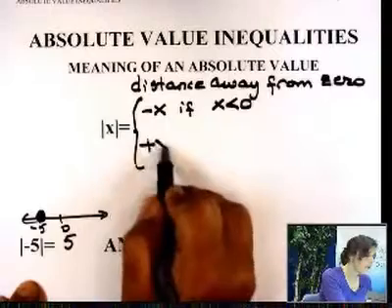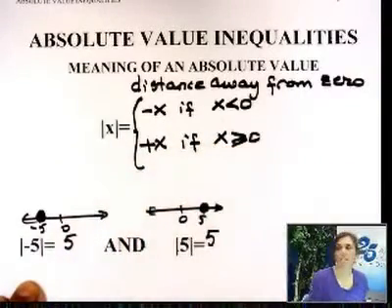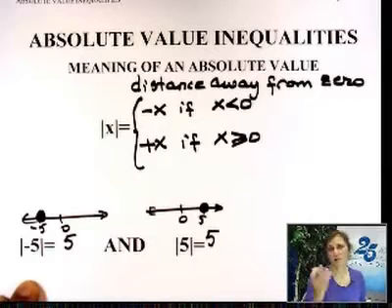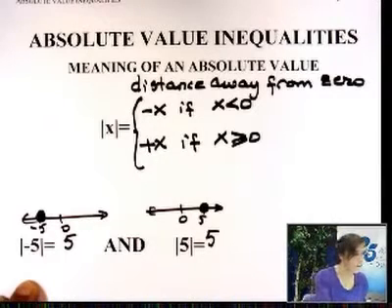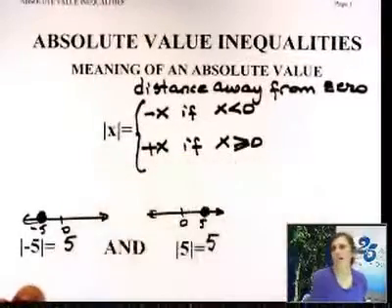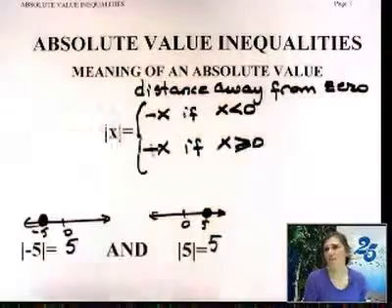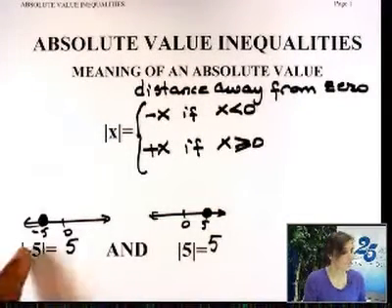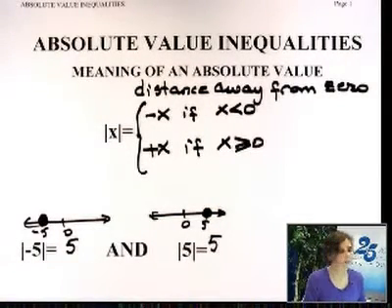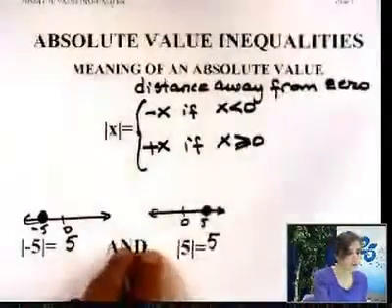It's equal to positive x if x is greater than or equal to 0. So positive 0 is 0, positive 1 is 1. Okay? So this is the official algebraic definition of absolute value. This is the physical definition of absolute value, and these are the mathematical examples related to absolute value. All right, now that we have absolute value in order,